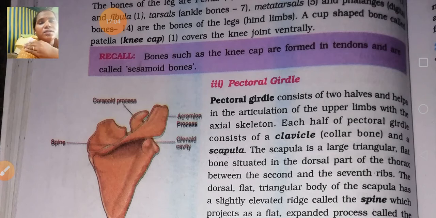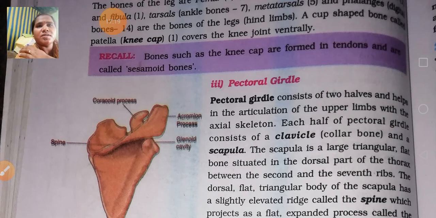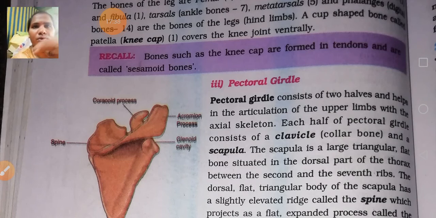When you are giving IM injections in the arm, we have to place the hand over the acromion process, the triangular part, and then place four fingers. After the fifth finger, we give the IM injection to the patient. That is the reason we have to be able to identify the acromion process. In Telugu it is called bhujam. So this is the clavicle, this is the scapula, this is the acromion process. You got it?